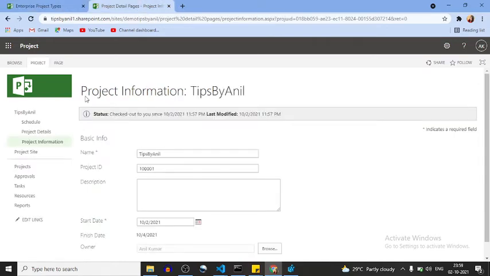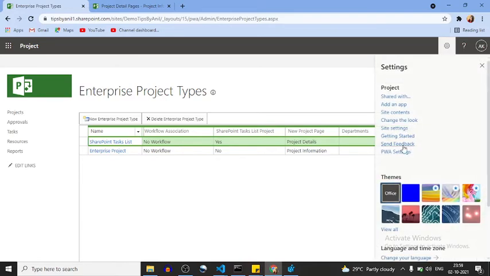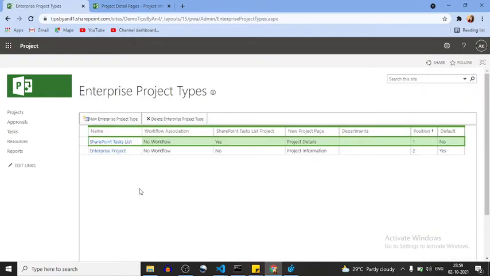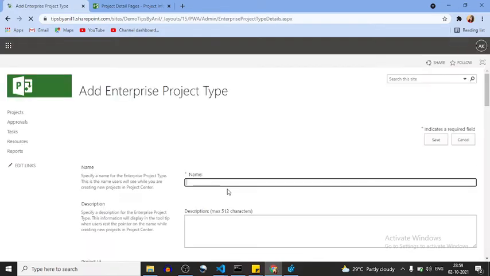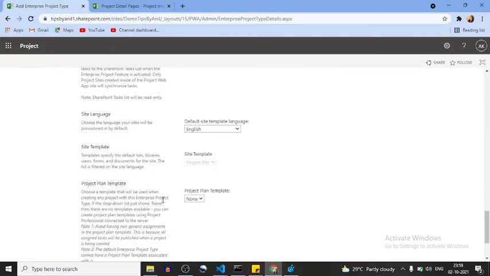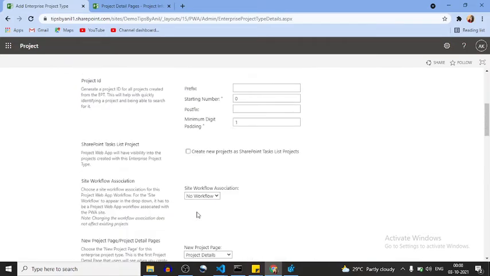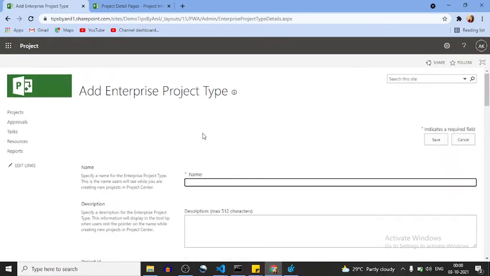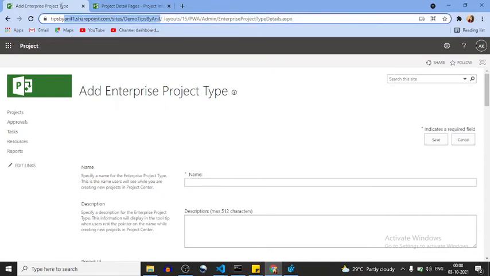Suppose here we have different enterprise project types, like SharePoint tasks and enterprise project type. Now if I want to create a new enterprise project type, what do I have to do, and why do we have to create a different enterprise project type? Suppose we get a requirement from our client that they have two departments, and both departments should be configured on a single Project Web App.